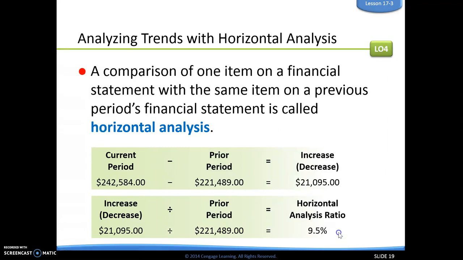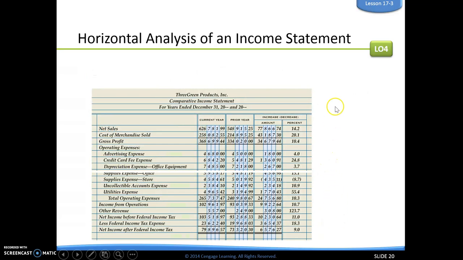When we look here at the horizontal analysis for an income statement, notice that we have the current year and the prior year, and then we have the increase decrease amount and then the percentage. Let's do a smaller one here. Let's talk about advertising expense. We take the current year minus the prior year, and it was an increase of 180. And then we take that 180 divided by the prior period, which is 4,500, and you would wind up with